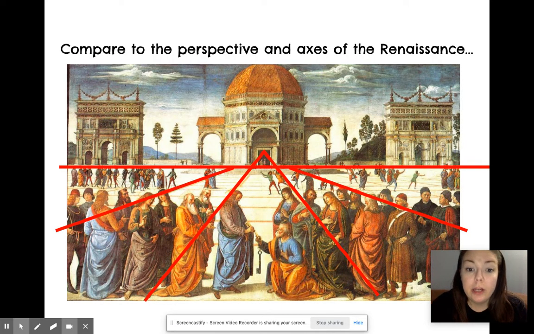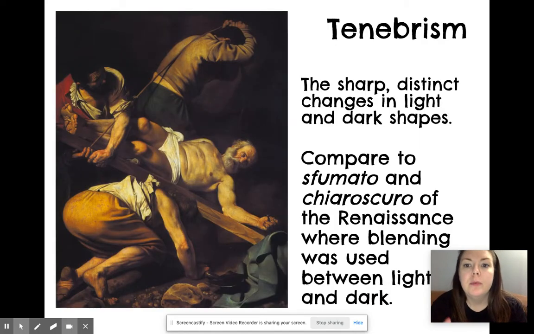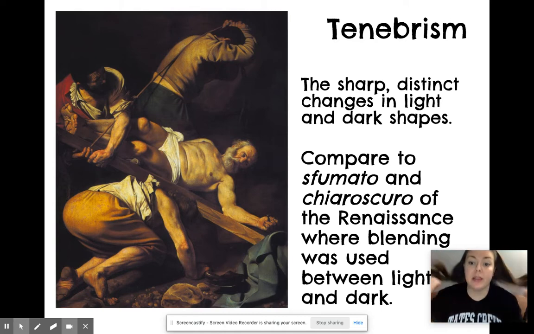If we compare it with the perspective and axes of the Renaissance, you can see everything in the Renaissance was pointed towards the center. Everything kind of radiated out from that vanishing point because they had just learned how to add depth. So everything was still centered around that vanishing point in the back. But when we get to Baroque, we figured out how to kind of add depth without having that single vanishing